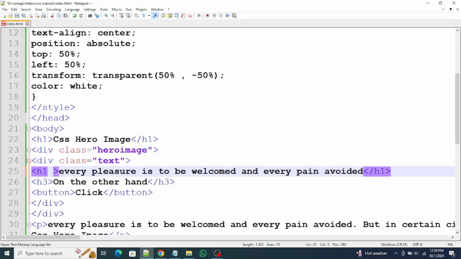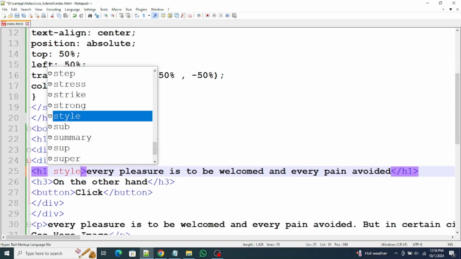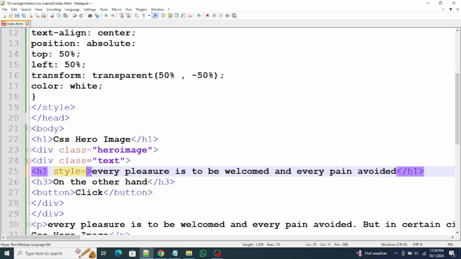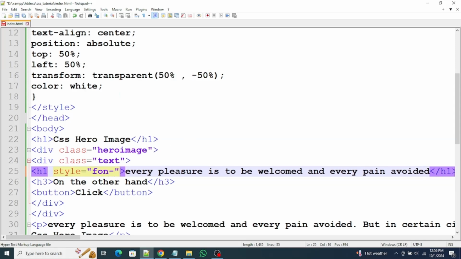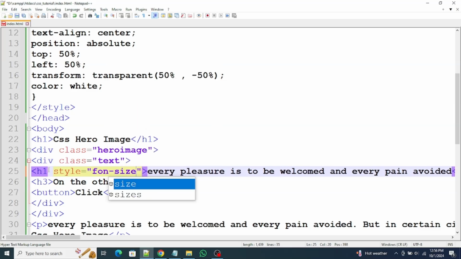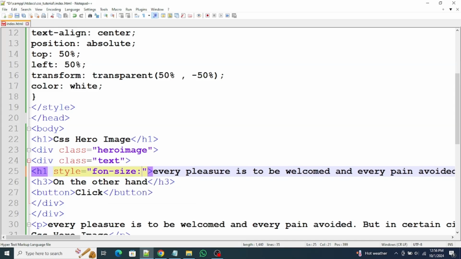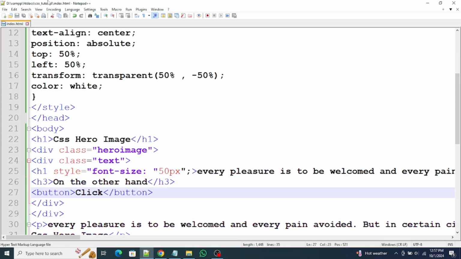For inline CSS use style equal double quotes. In between double quotes we will use font-size colon 50px. Now we will use body